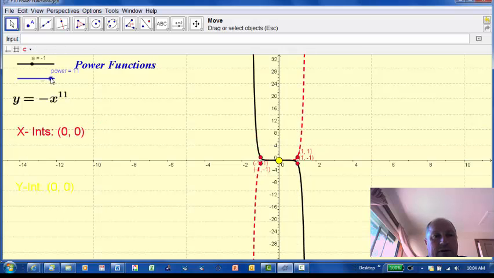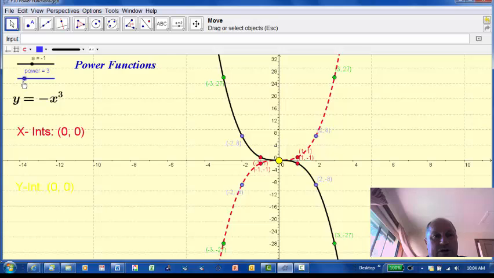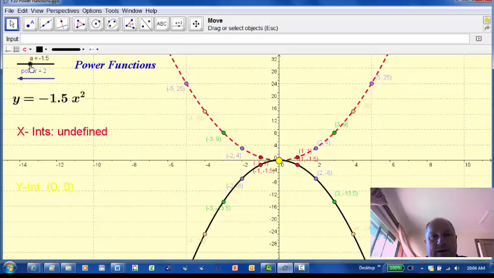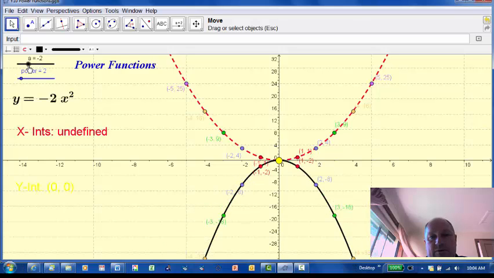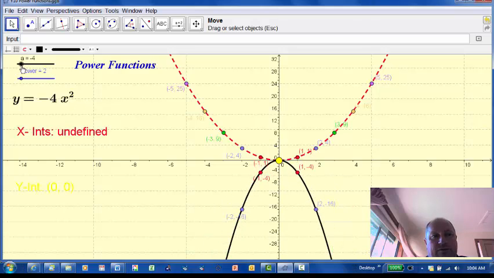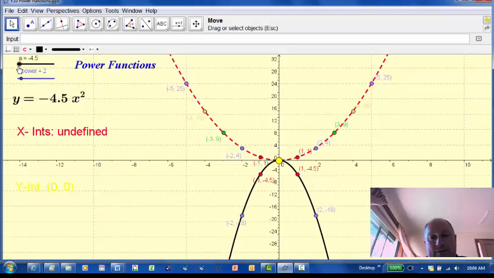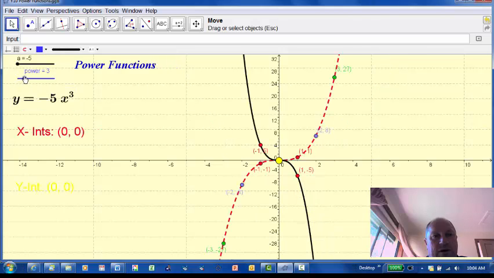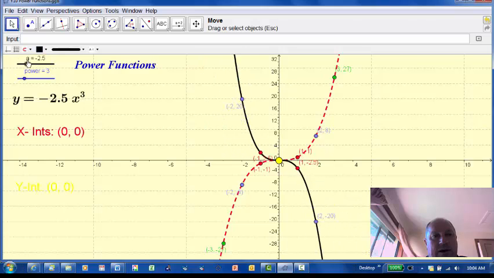The only other thing to investigate now is what happens if we make a more negative than negative 1. So let's make a negative 2 for the parabola, and we've met that before, it makes it narrower. If we make it negative 4, for instance, it makes it even narrower. It's still reflected on the x-axis because of the negative. That makes the hat-shaped one we talked about in parabolas. If we change the power to power 3, let's go back to a equals negative 1,